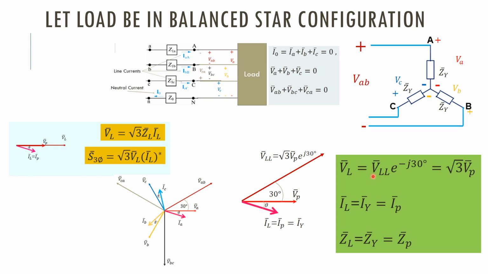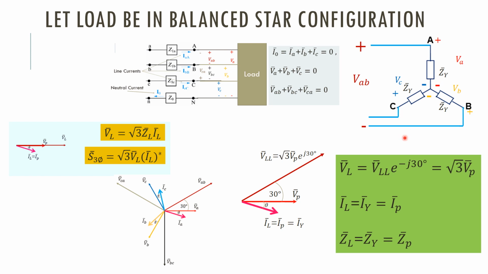Similarly, ZL is equal to ZY, that is equal to Z pi. That means line impedance is equal to the one arm impedance of the star connected load, right? So if we consider the load as a star connected load, we can have these equations, right? By applying each equation, you can get the equation for each